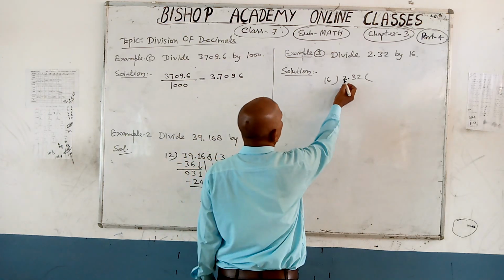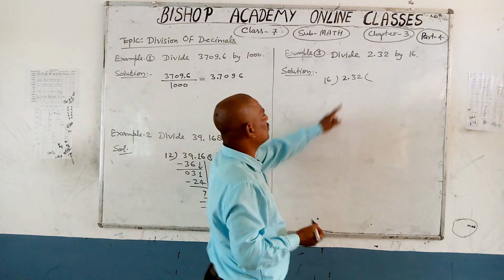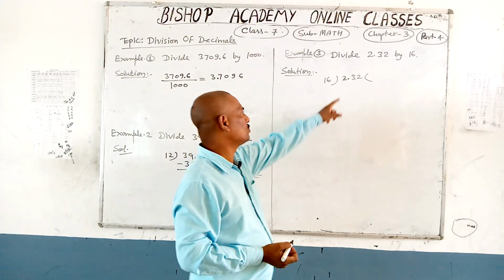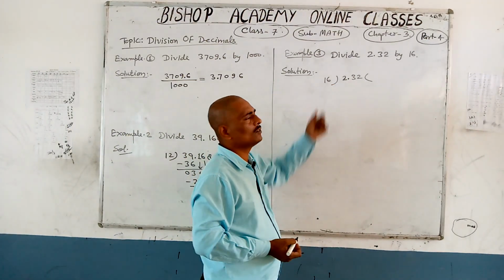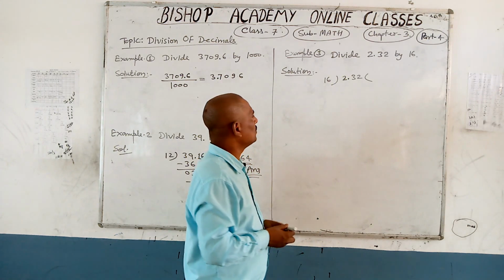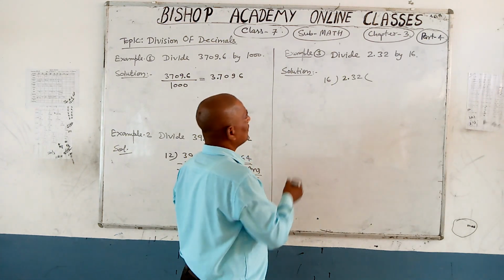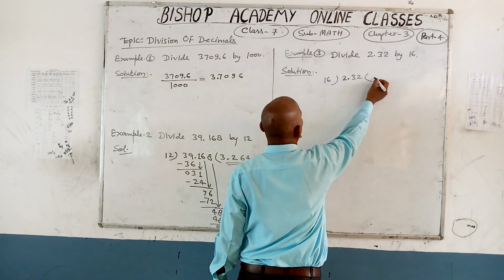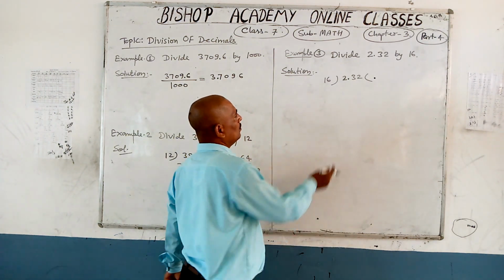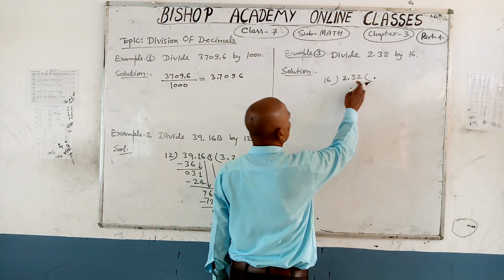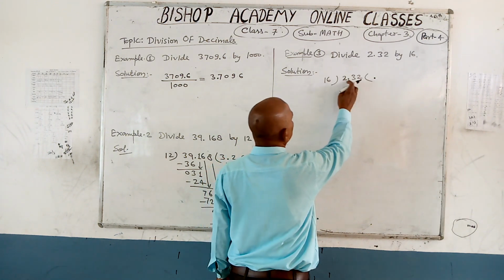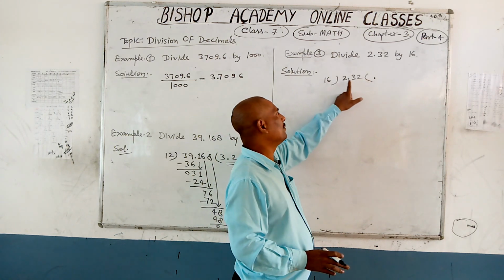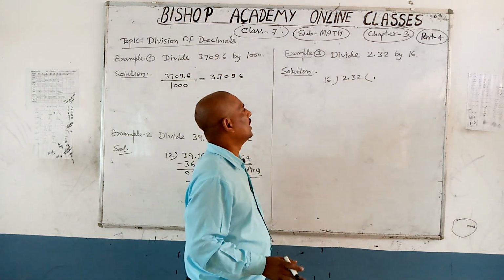So here 2 is a whole number and this 2 cannot be divided by 16 because 2 is smaller than 16. So how to start division? To start division, you will shift this decimal in the place of quotient. Now you have 2, 3, 2. You shifted the decimal here, now there is no decimal here.